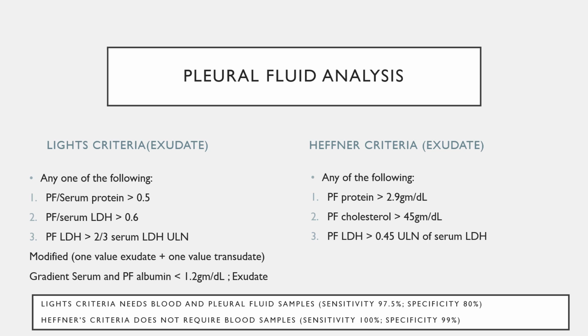Now, Light's criteria was proposed by Richard Light in the 1970s, and it's got some issues. For example, some exudates are presenting as transudates. The most common thing I see is a patient presenting with pancreatitis. In these patients, because of the pancreatitis, there will be a pleural effusion, and usually pancreatitis is an inflammatory condition and it should have been an exudate, but sometimes it can manifest as a transudate, and